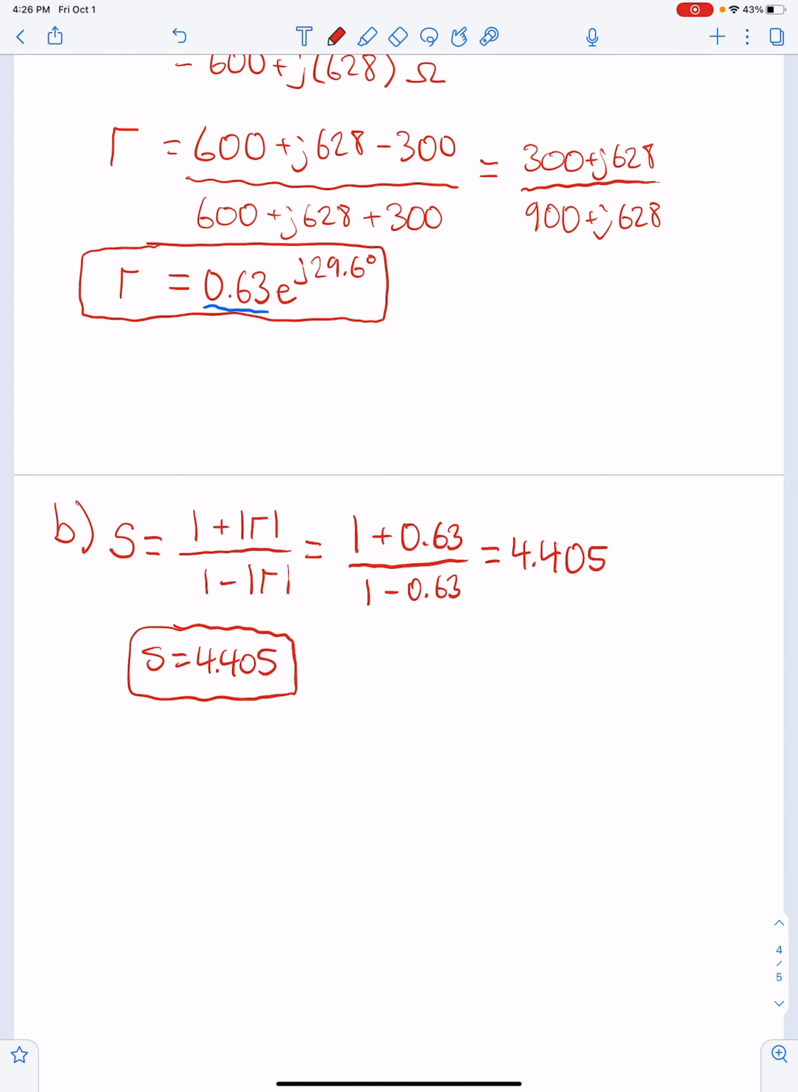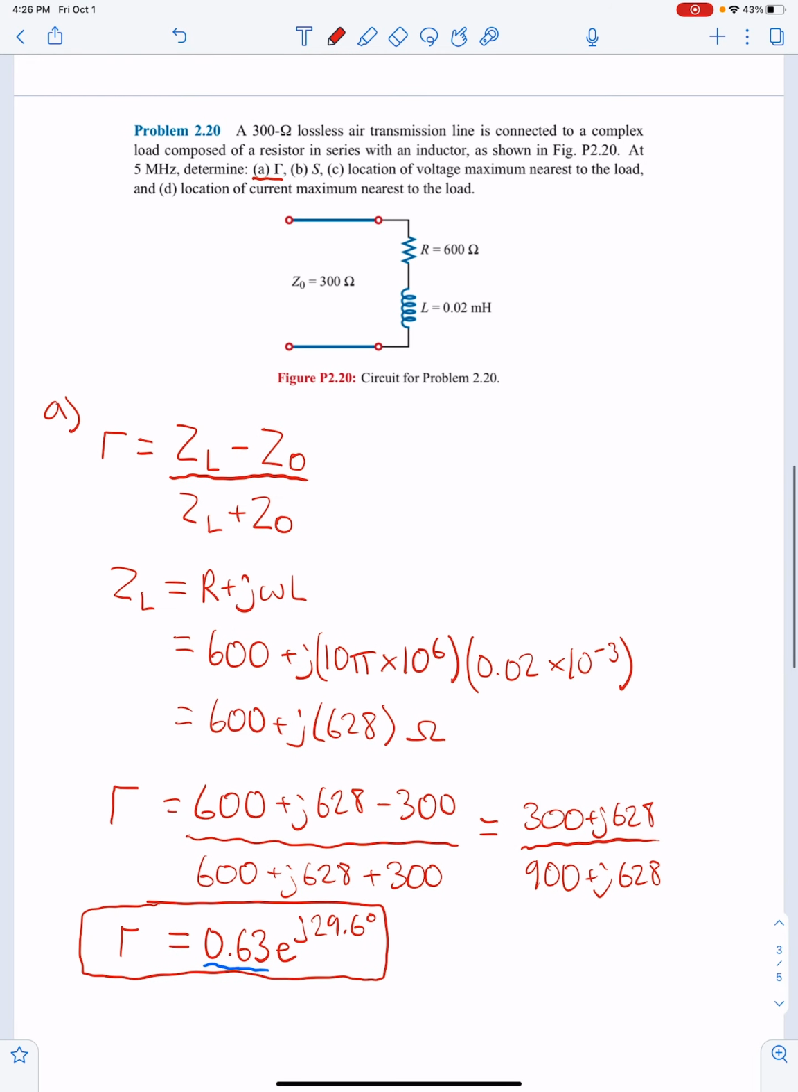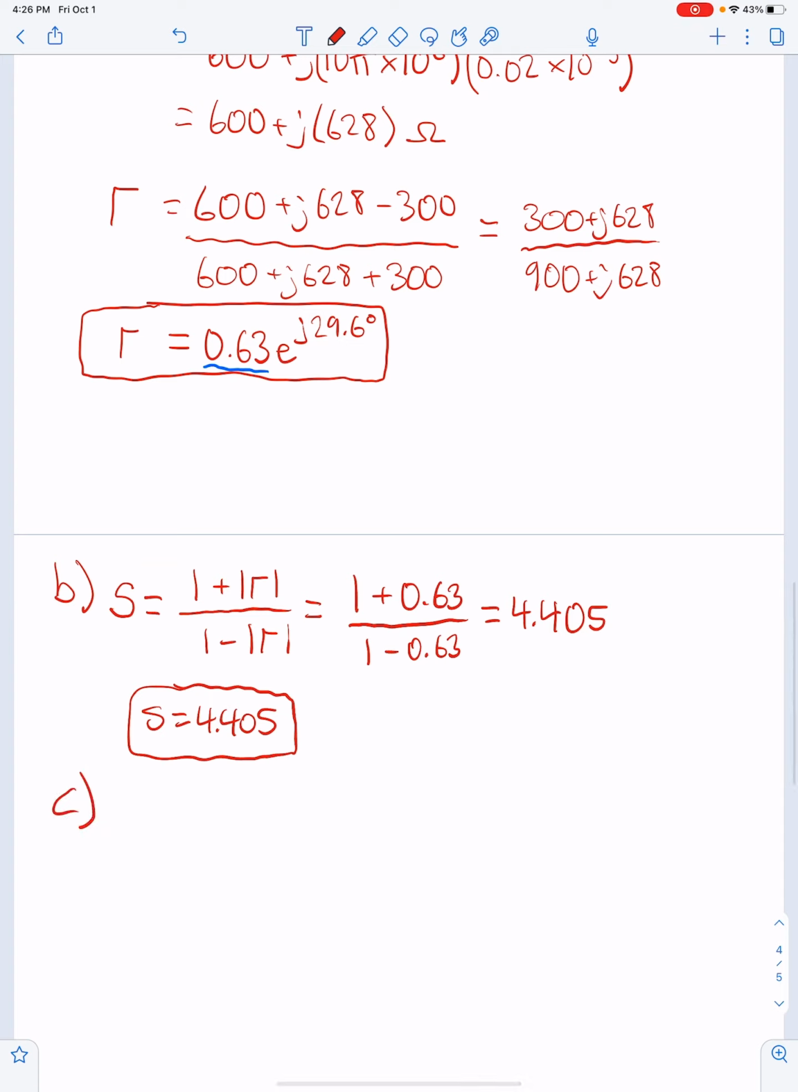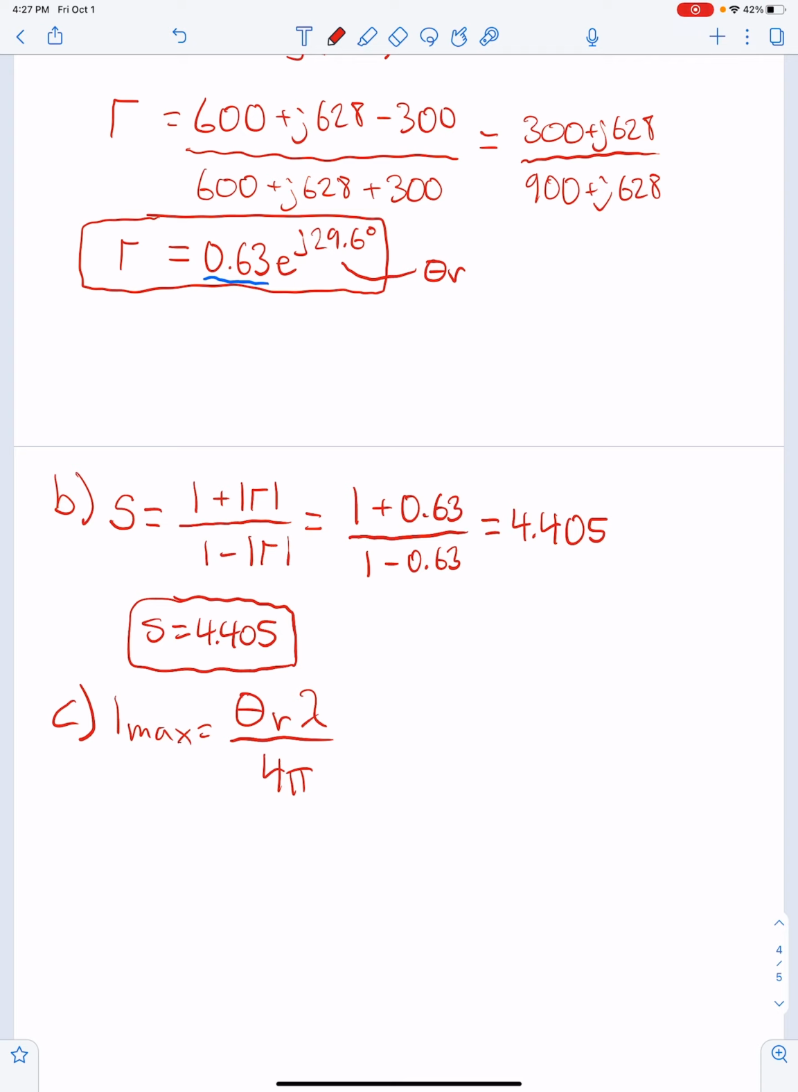So now we want to solve for the location of the voltage maximum nearest to the load. So that would be our L max equation. And this theta r here is the theta r from our reflection coefficient. So we have theta r times pi over 180,